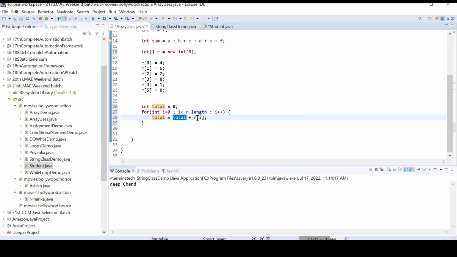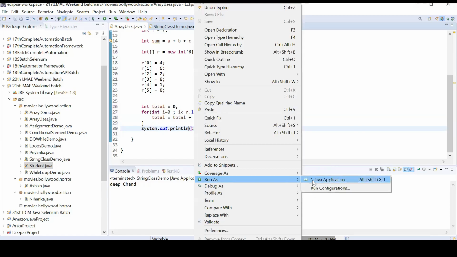तो 6 + 4 हो जाएगा 10, और दोबारा 10 को किसमें स्टोर कर देगा, फिर से टोटल में। तो ये लूप हर बार चल रहा है, राइट साइड में टोटल में सम करता जा रहा है। तो इसका मतलब जब लूप कम्प्लीट होगा, ये देखो SYSO, अगर मैं टोटल को प्रिंट कर दूं तो क्या देगा, सारे नंबर का सम।